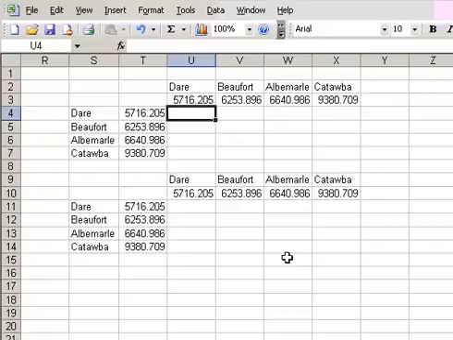Now that we have the layout for the computation of the F test, the first step will be to calculate the F value for the difference between each hospital and every other hospital. In this cell, we'll calculate the difference between Dare and Beaufort. According to the formula given in 10.5 on page 310, this is the squared difference between the two hospitals divided